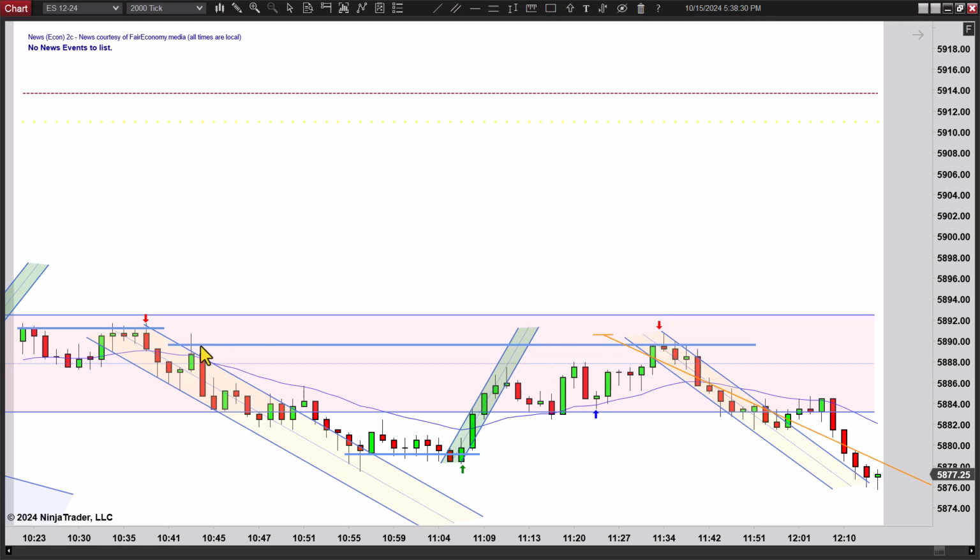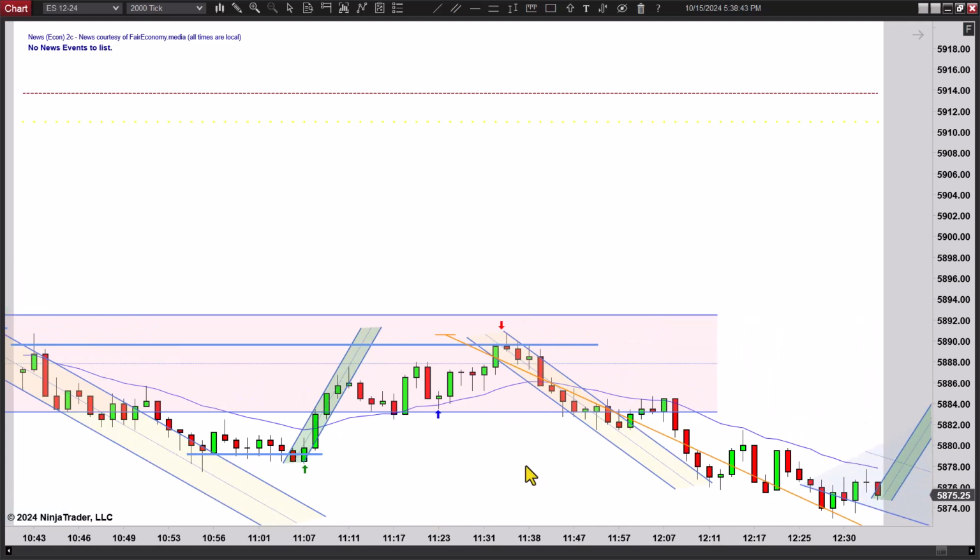And then we come back up and we test this high, and it makes a perfect double top to way back over here. So you got your break of the green one and a couple of legs up. So I like going short right there just to try to get a scalp back to the EMA or the other side. And you can see that happens. And then this was really tempting to enter here, but you don't have a break of this yet. So I would wait